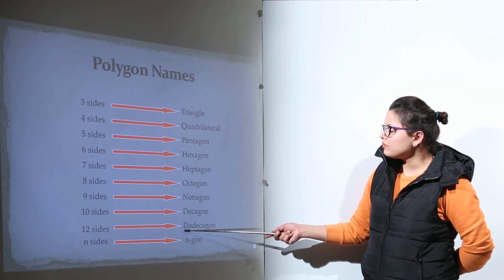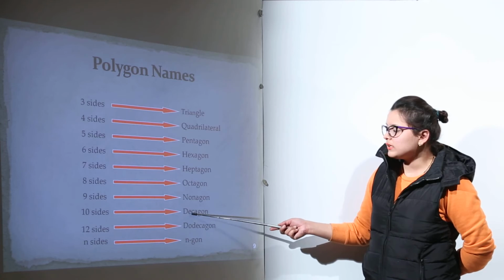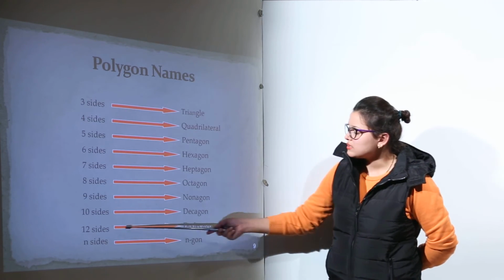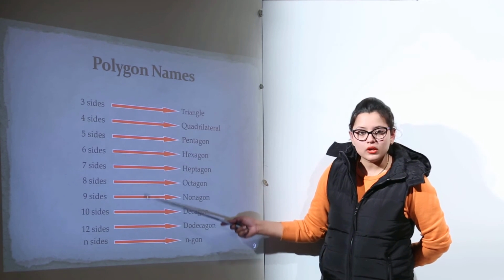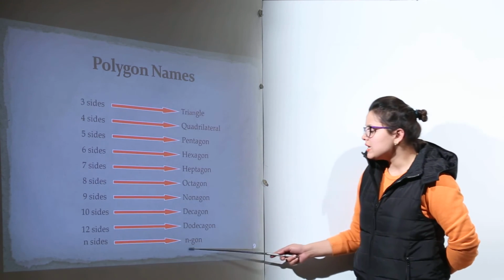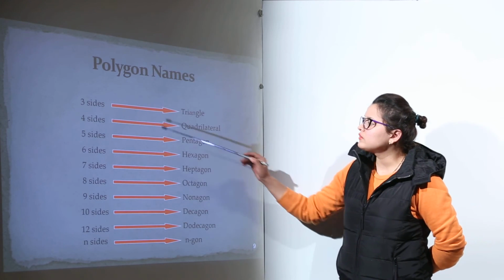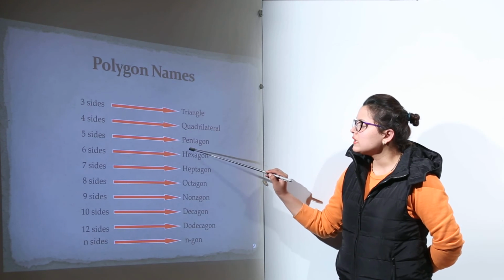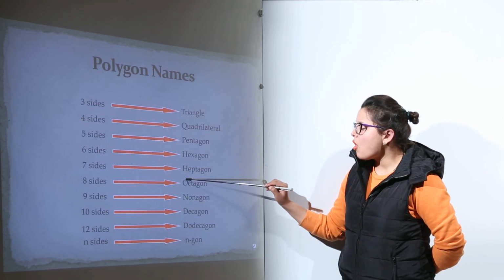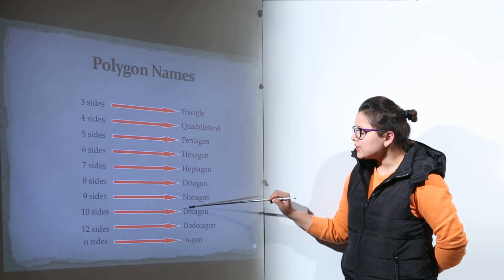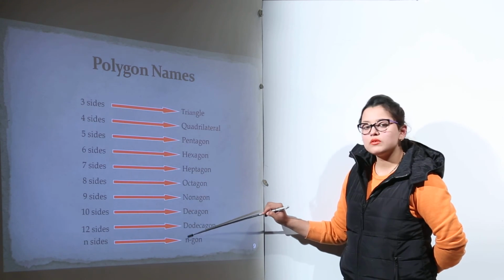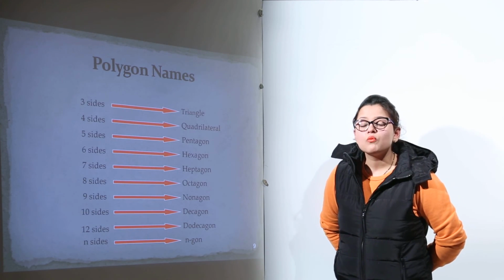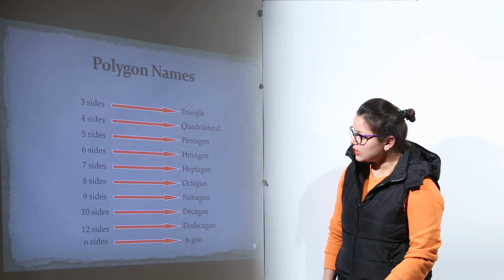For 12 we have dodecagon, right? Two more than decagon. Dodecagon means 2 more than decagon, that is 12 sides. Similarly, we can name any polygon having n number of sides, such as n-gon. If we had 3 sides, we named it tri, quad, pent, hex, hept, oct, non, dec, dodec, and whatever would come next will depend on that. So the name given to a polygon depends on its number of sides.